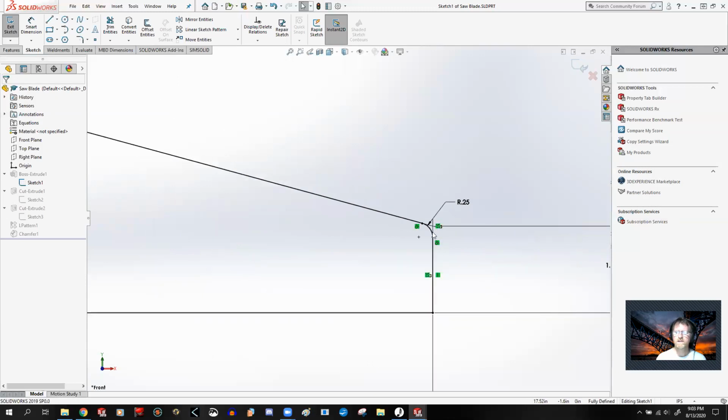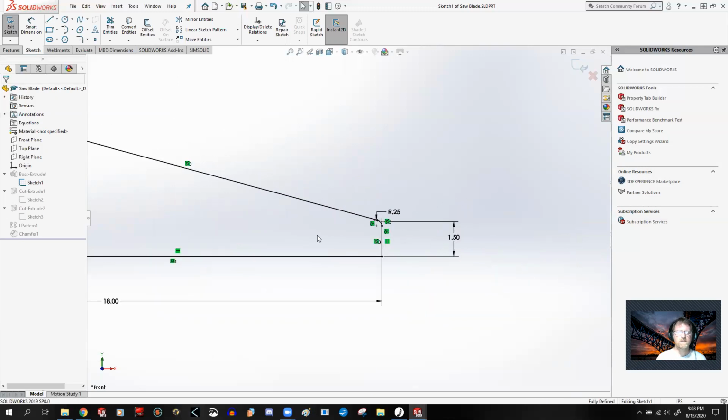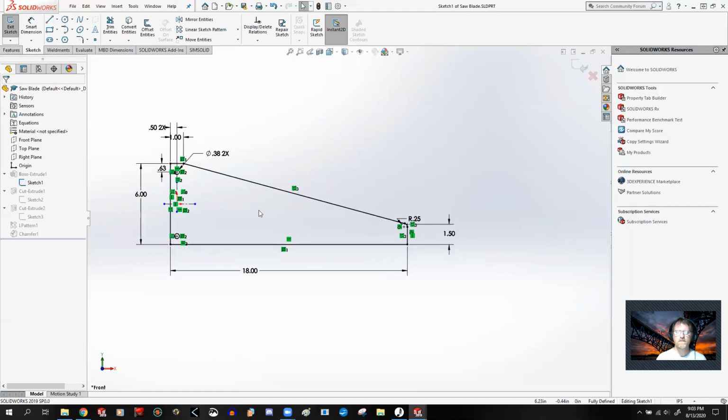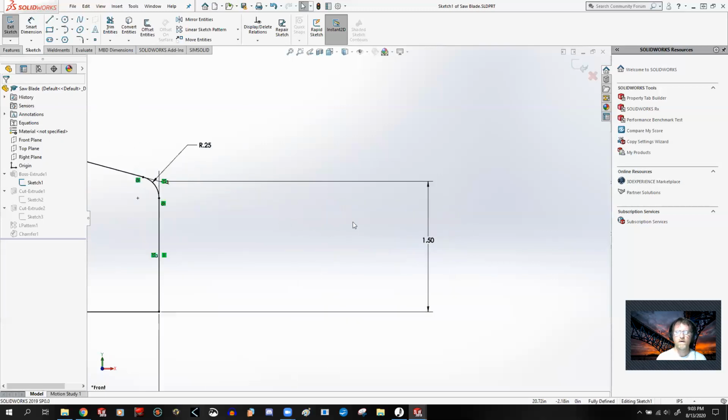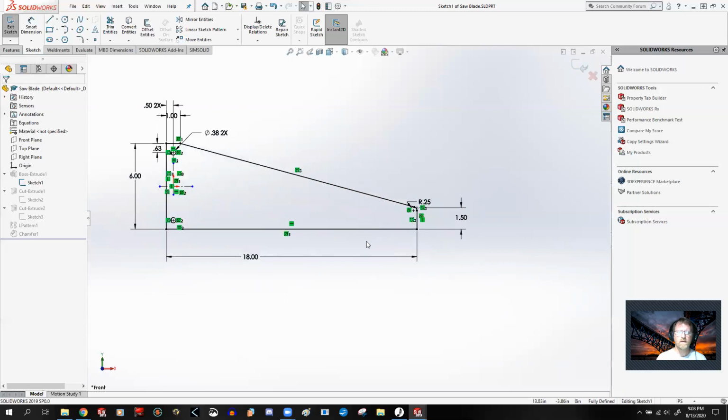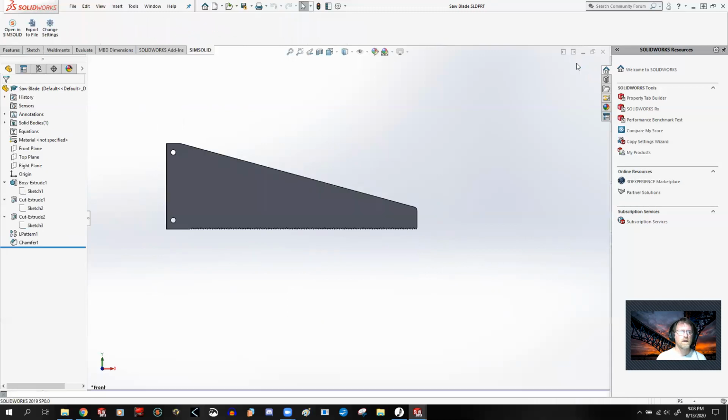I have the radius here included in the sketch. You can have a radius, a fillet that is given outside if that's what you wanted to do. Then I've got the 1.50 to that intersection, which is a nice little feature. And it's 18 inches long. Okay, great. However, the biggest thing that students mess up on is